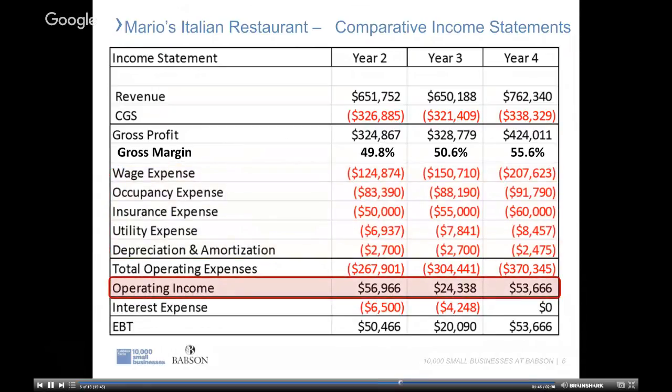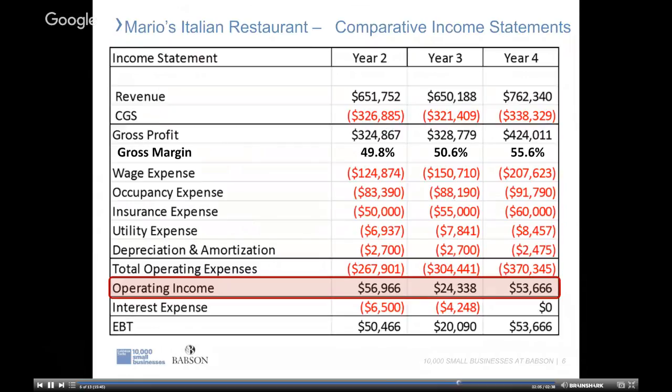Subtracting total operating expenses from gross profit leaves operating income. This is an important metric for any business, as it tells us whether or not the business's core operations are profitable. The good news for Maria is that the operating income is positive for all 3 years, although it did drop